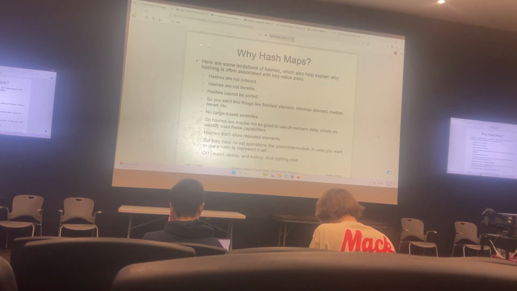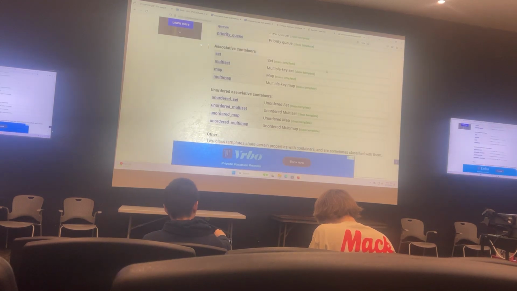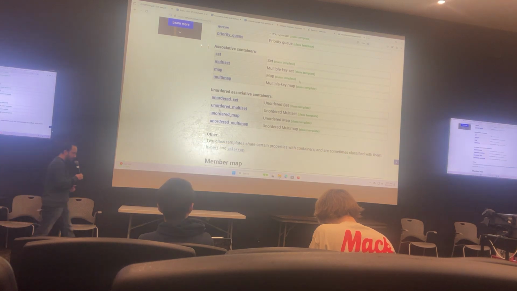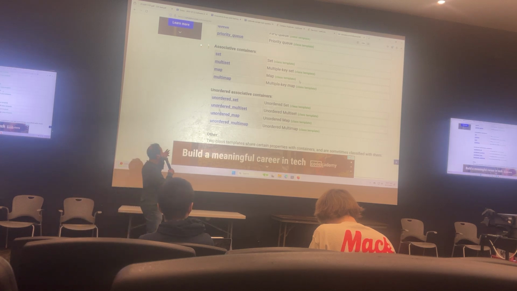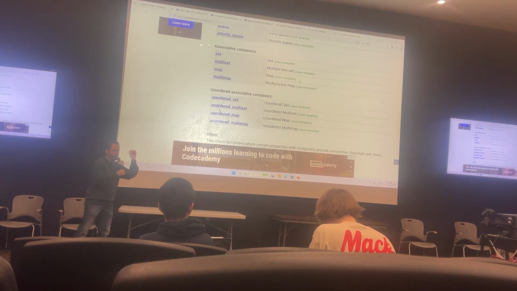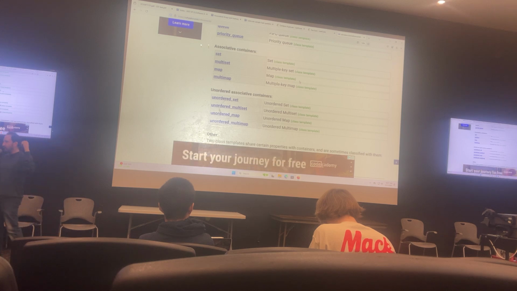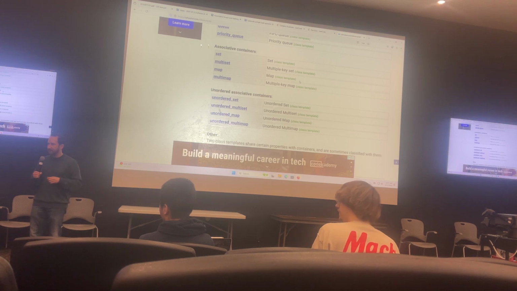Okay, so let's take a look at the C++ STL and a couple of LeetCode problems, and we'll see how sets work. First of all, how sets and maps work, and second of all, how ordered versus unordered sets and maps work. Direct address tables need like contiguous memory hashes, but